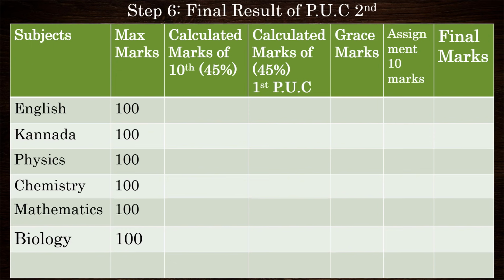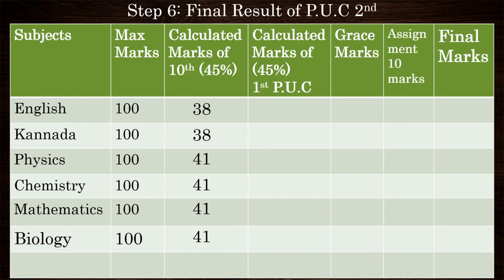So calculated marks of 10th standard which has been converted to 45% are 38 and 38, because for language we have got an average as 38. So for that purpose, English and Kannada 38. Then for optional subjects we have got an average of 41. Therefore for all the subjects, physics, chemistry, mathematics, biology, we are going to take it as 41. Then calculated marks of first PUC